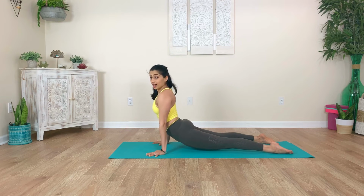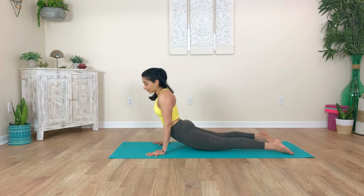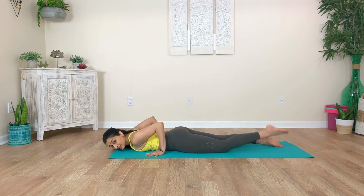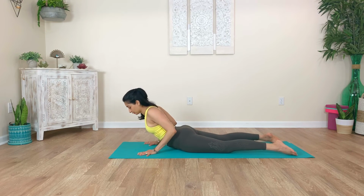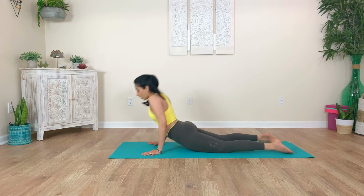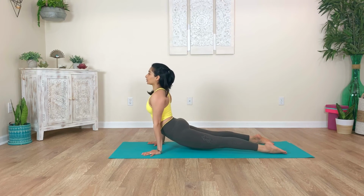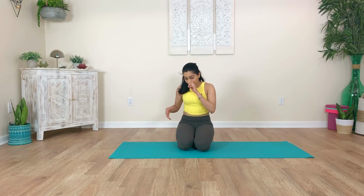So this is up dog. Straight arms, hips are off the mat, knees are off the mat. Whereas in Cobra, your legs, your hips, your pelvis, all of that is on the mat. So here's your Cobra pose and then here's your upward facing dog where you roll open your shoulders. Essentially both of them are back bends. It's just that one is more arm heavy and it keeps your spine upright, upward facing dog, and then Bhujangasana